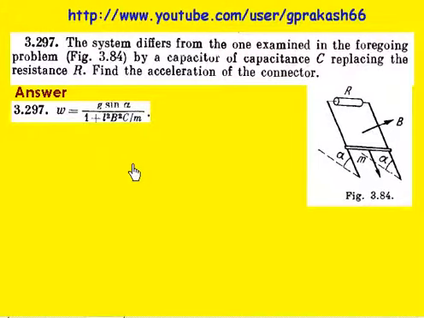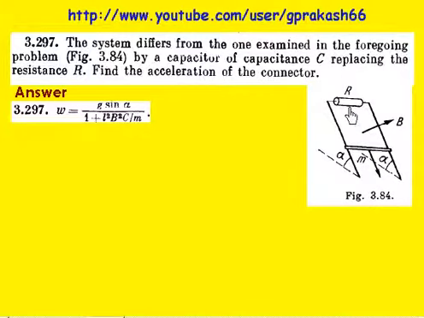Now this question says, if I have a system something like this, that is, there are two inclined rails made of metal, and there is a connector, again made of metal. This can fall over this rail without friction, and there is a magnetic field that is perpendicular to the loop, and this loop makes an angle alpha to the horizontal.